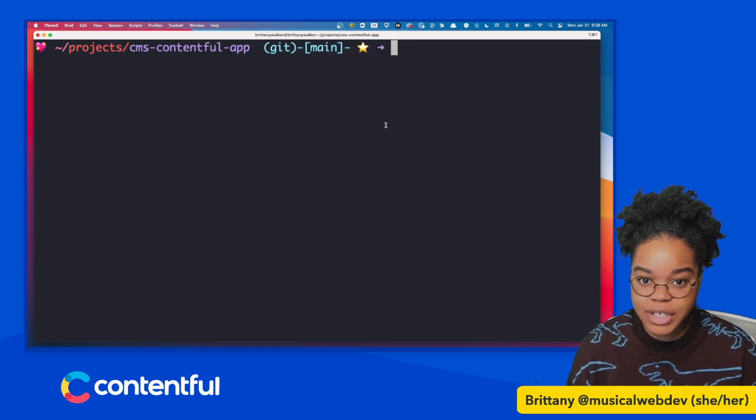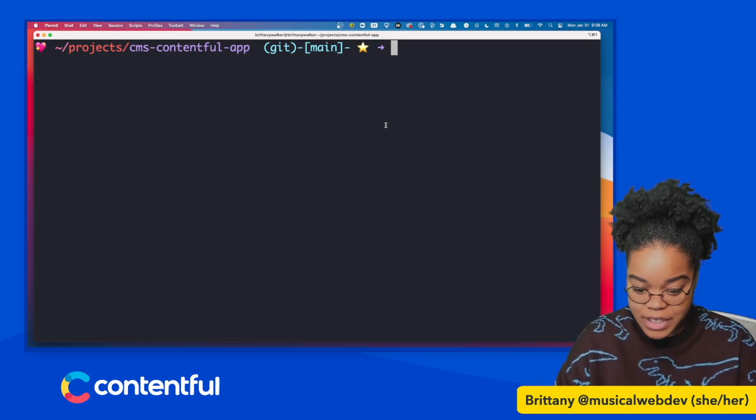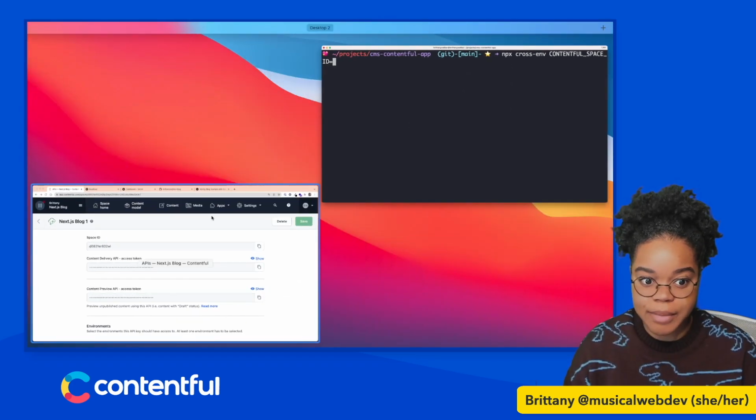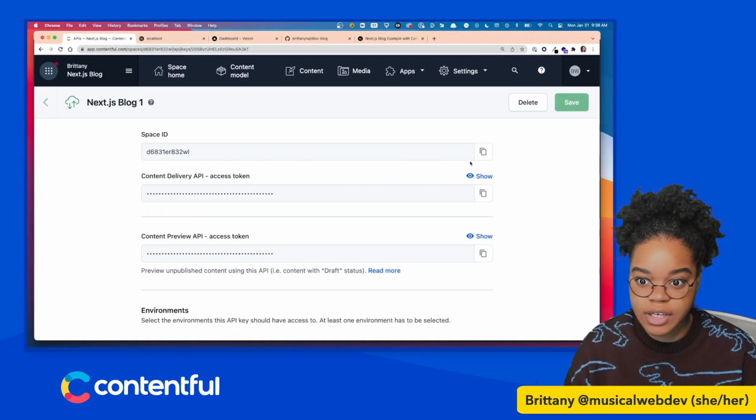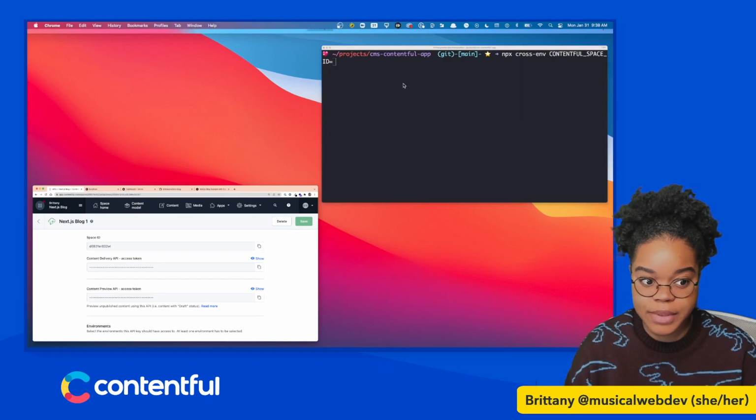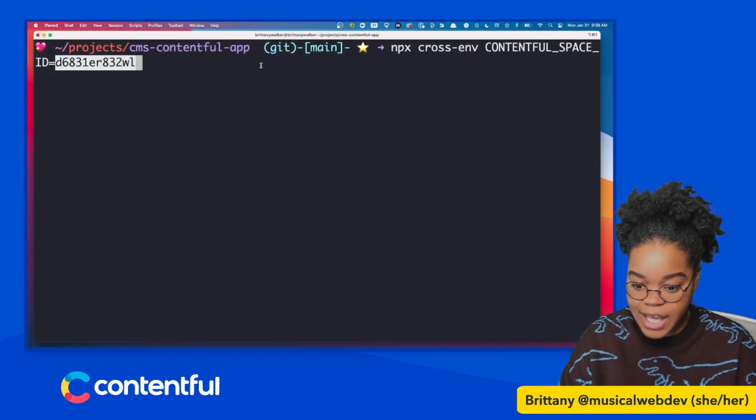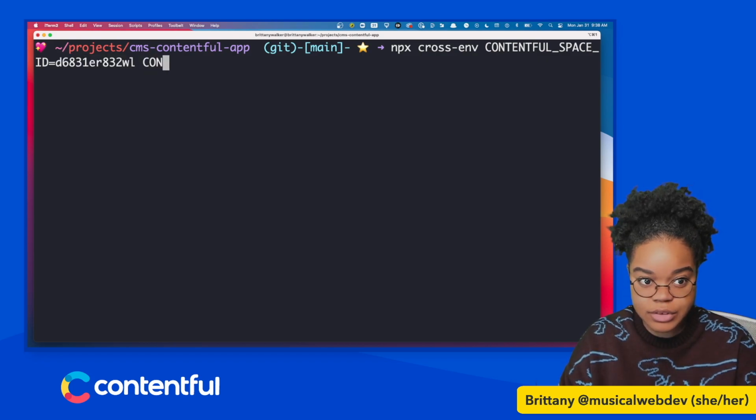And we're going to type a pretty long command, but bear with me here. So we're going to start with npx cross-env, and we're going to put CONTENTFUL_SPACE_ID equals, and then we're going to go grab our space ID, which is right here. And just another tip, the space ID is also in the URL if you need to grab it and you don't want to go to the API page. So I'm going to put my space ID there, and then we're going to go CONTENTFUL_MANAGEMENT_TOKEN